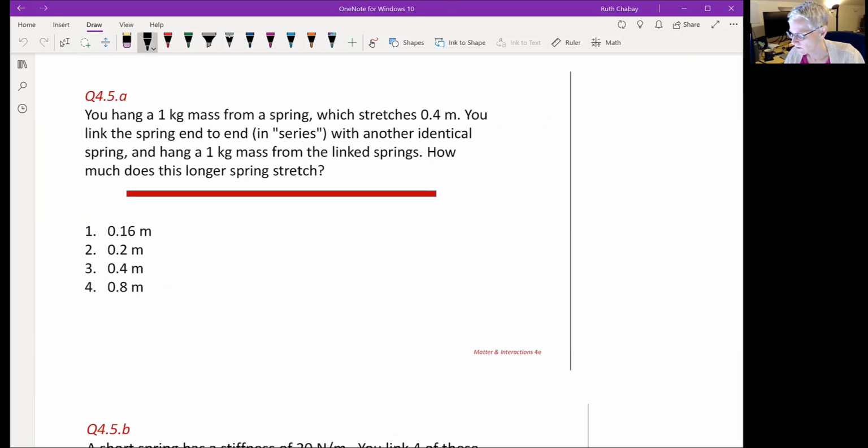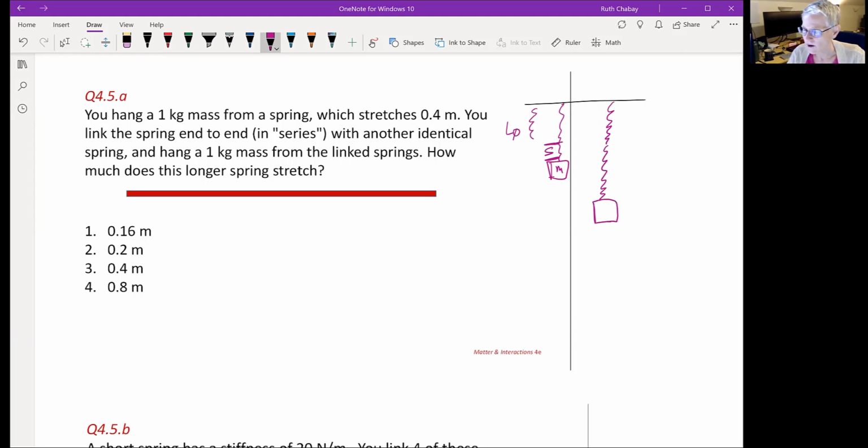The picture is something like this. If we have one spring with the length L0 and we hang our mass on it, we have this stretch S. Now if we have 2 springs with a mass on it,